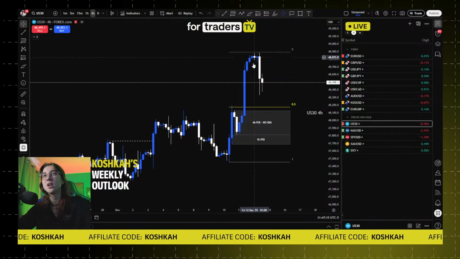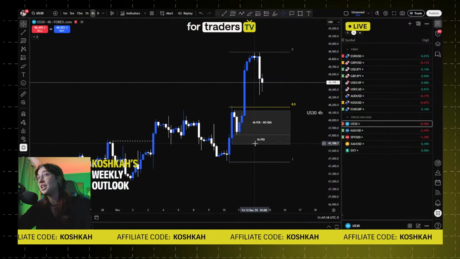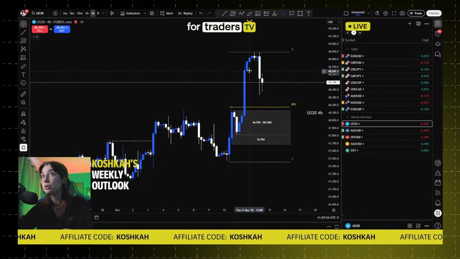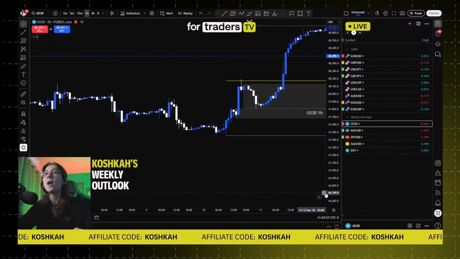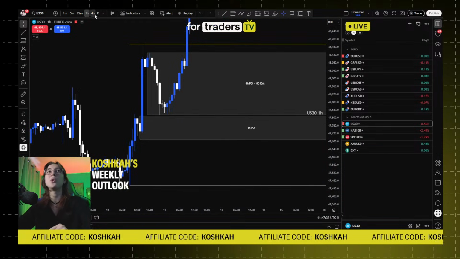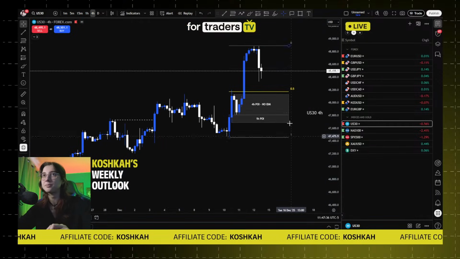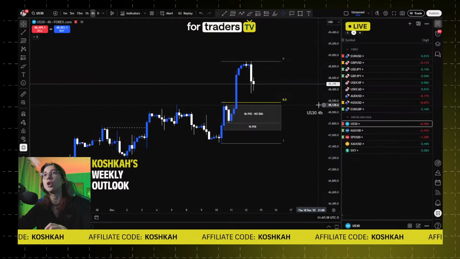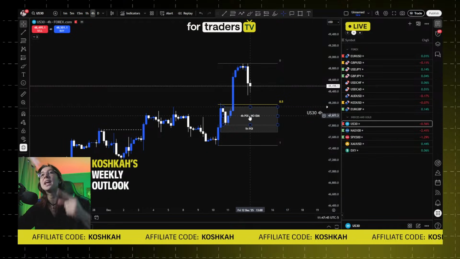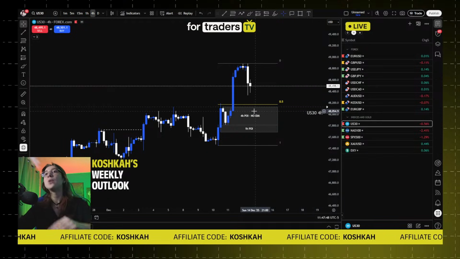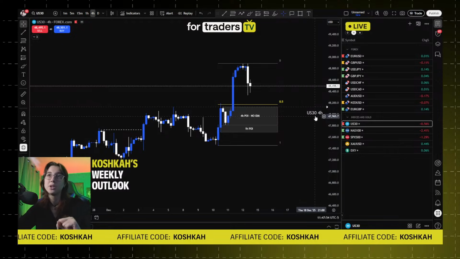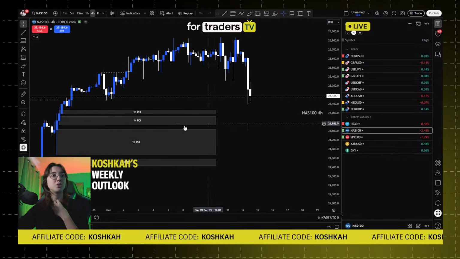This is the low, this is the high, so we can identify our valid point of interest below the 0.5. We have one right here on the 4-hour, but without any inducement, as you can see. And if you go on the 1 hour, exactly right here, this is some liquidity / inducement. So this 1 hour POI has some inducement. So that's pretty much what we're looking for on US 30. We're gonna place an alert right here, so we receive a notification when this POI gets tapped. Then we can wait for our 15-minute change of character to enter. So yeah, that's pretty much it on US 30.